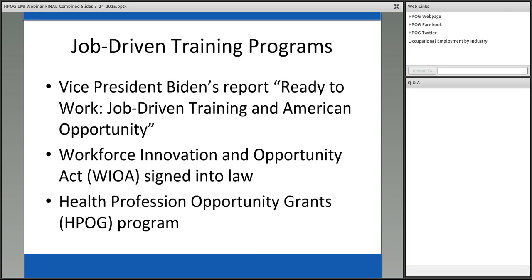The main conclusion of this report is that training programs should be designed for jobs that actually exist. When people complete a training program, they should have confidence a job is available that is closely aligned with the training they received. On the same day the Vice President delivered his report, the President signed into law the Workforce Innovation and Opportunity Act, also known as WIOA. WIOA reflects the strategies identified in the report, encouraging the use of labor market information in coordination with employers so that job seekers acquire the skills and credentials that meet employers' needs.